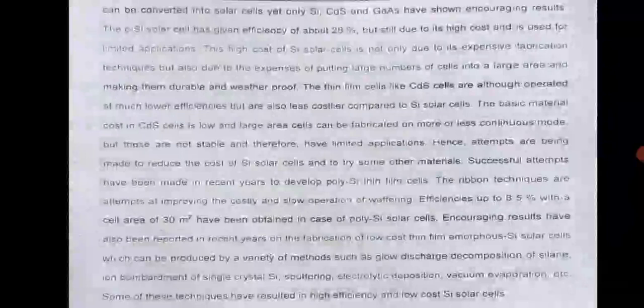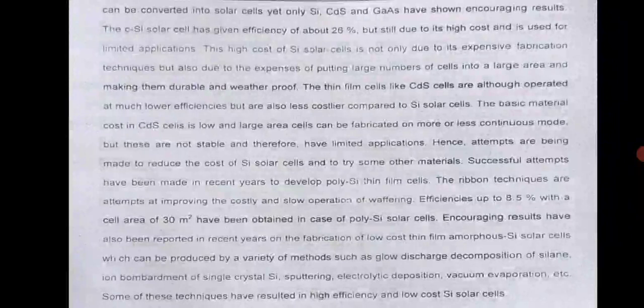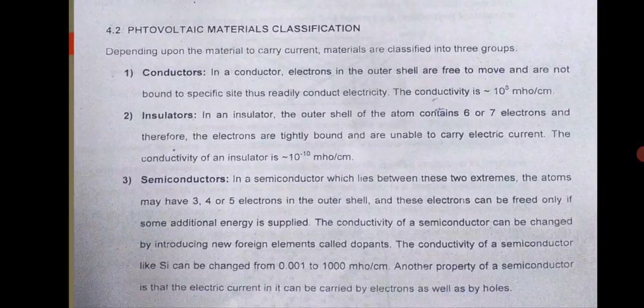So these are the different types of methods used, because we have to know that the solar cell plate or material has a very high cost, so we want to deposit another impurity material on this material. Due to this, the cost is low and the efficiency of the solar cell is also good as compared to that. That's why different methods are used to prepare the solar cells, and this results in high efficiency and low cost of silicon solar cell.